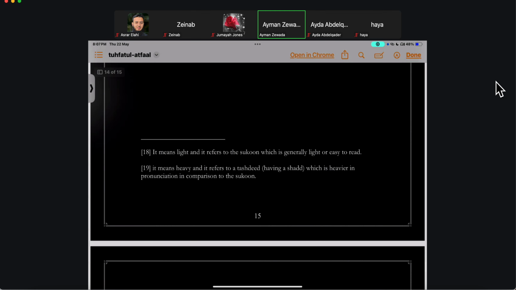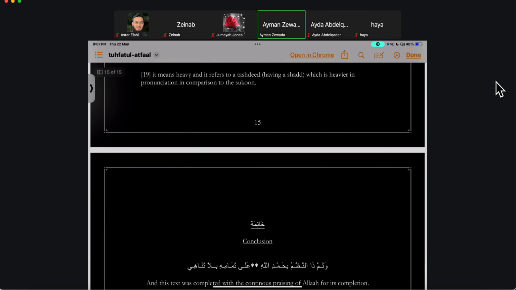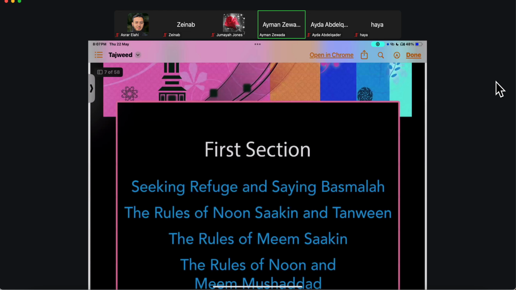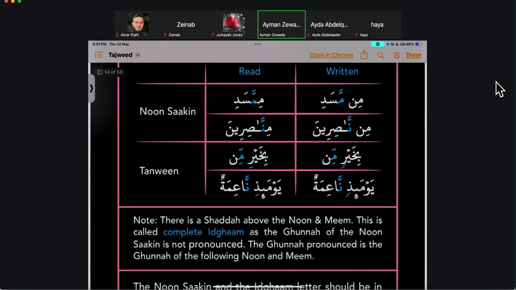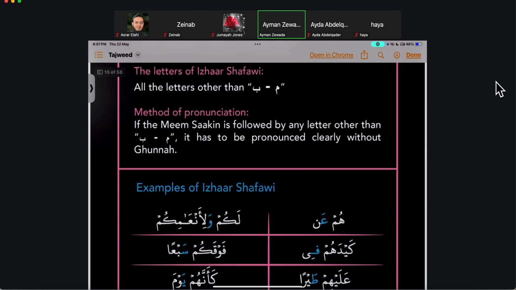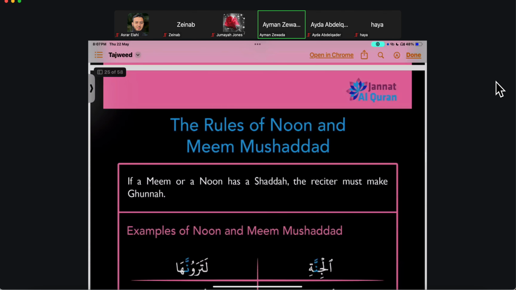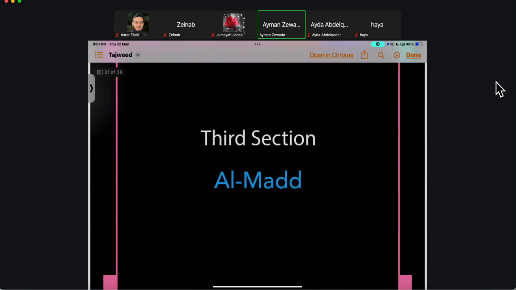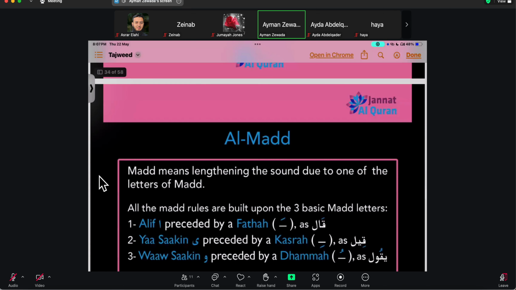Alhamdulillah, that is everything in regards to the mad in the Tuhfa. What does all of that mean? Let's go into our books where it's been broken down in a much more digestible way. Bismillah. I had the section up. I don't know why it moved to the top. All right, mad